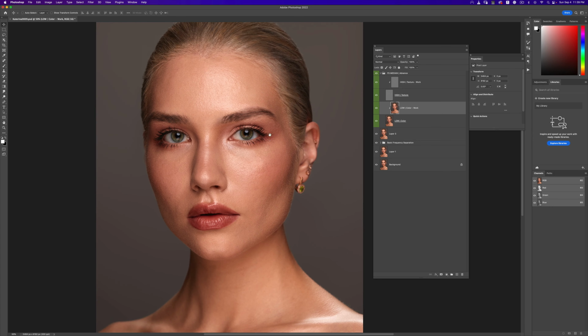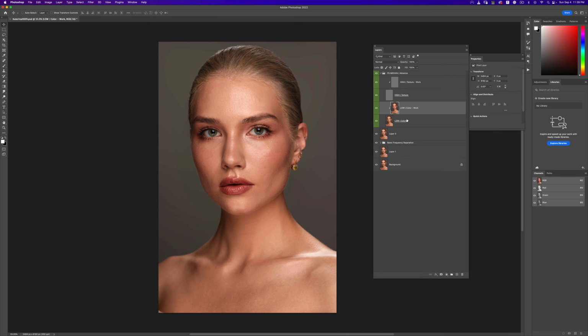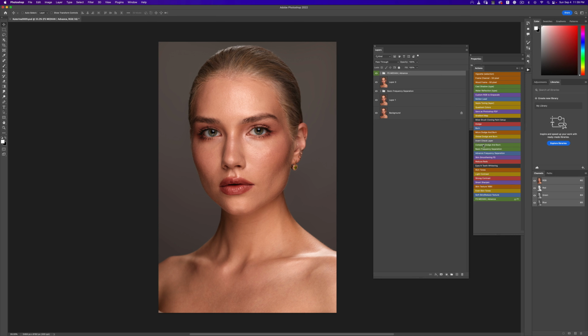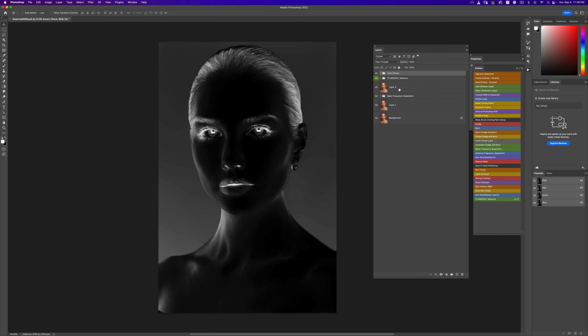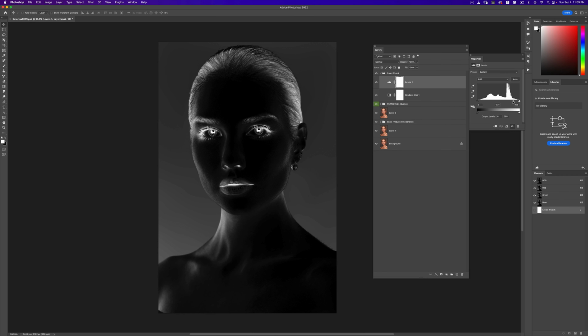So what we want to do right now is work on the low layer of our image, right? This is where we have our skin tones. This is where we have our colors. This is where we blend everything in and make everything look really nice and smooth. So I'm going to come to my actions panel, and from my retouching essentials pack, I'm going to create an invert check layer. So I'll open my invert check layer, open my levels, let me just close that,